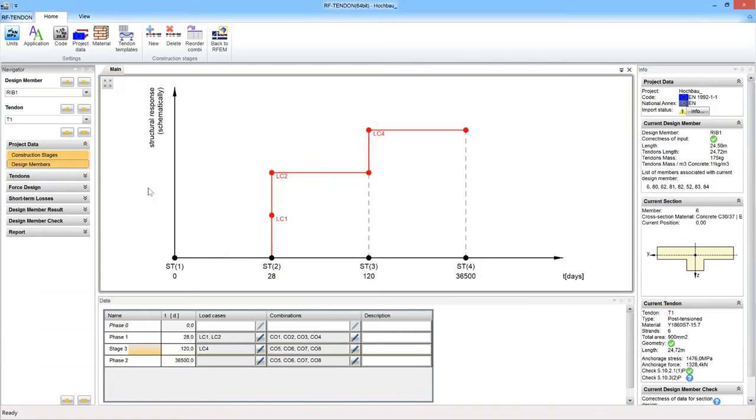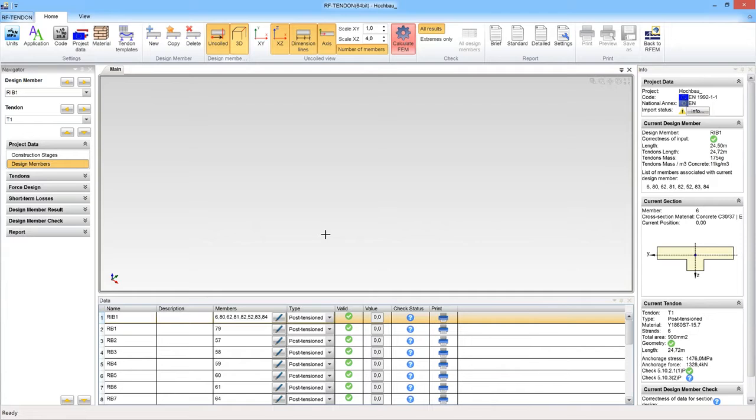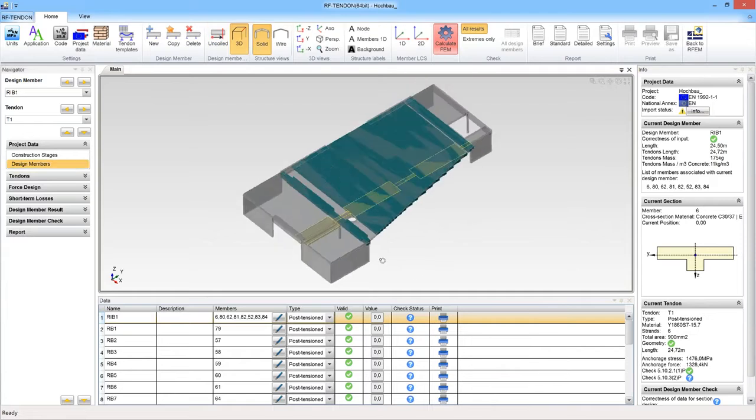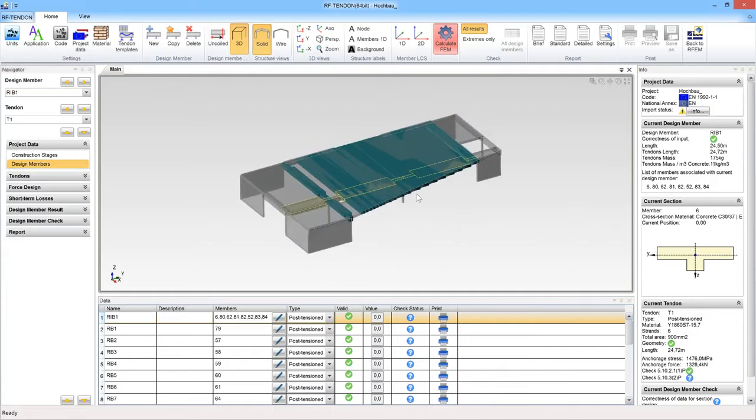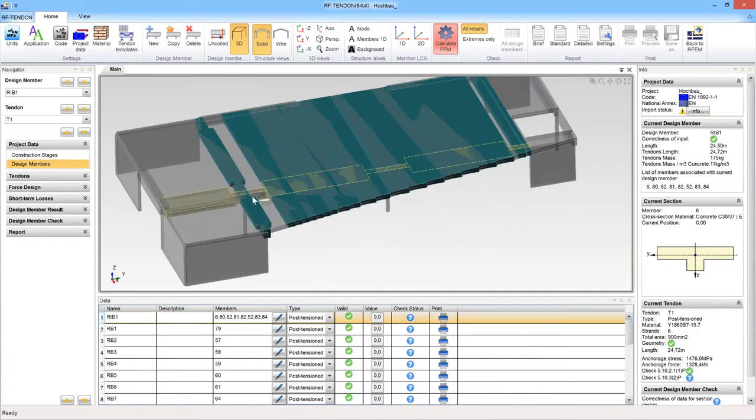Then we can define the design members, and I already defined the member. I can show this 3D view, and you can see that I defined this beam and slab system with no slab above the supports and with effective slab width